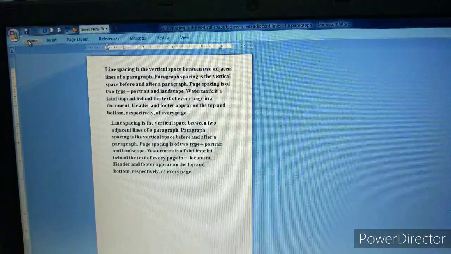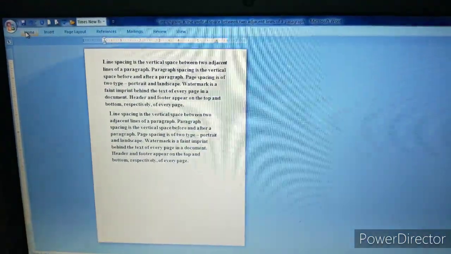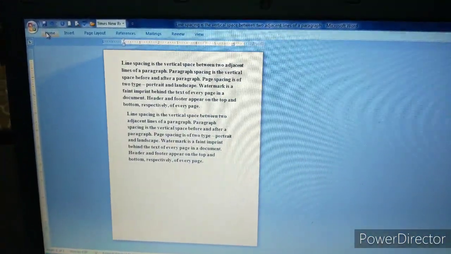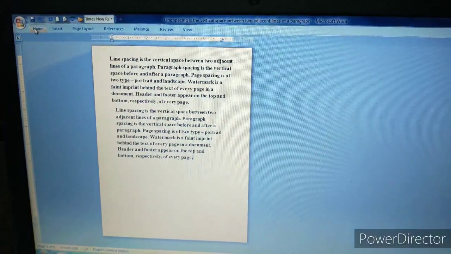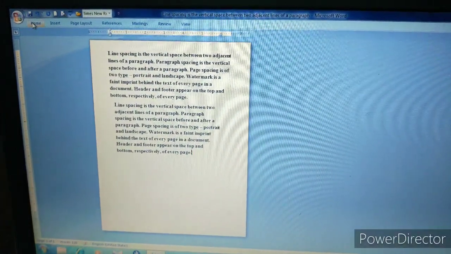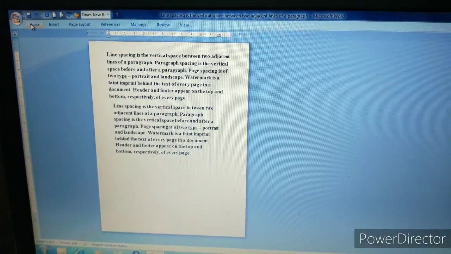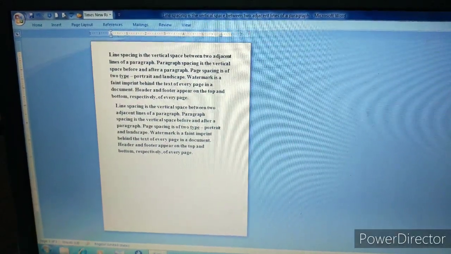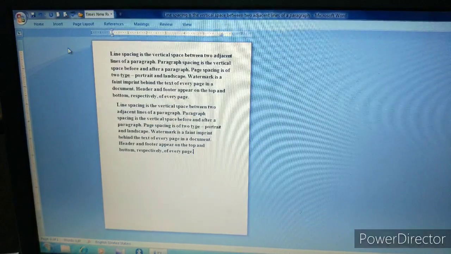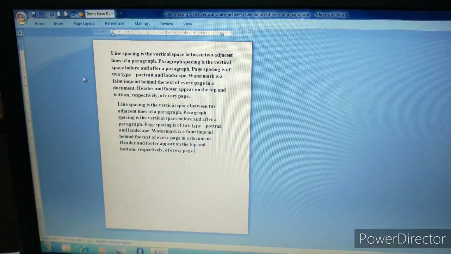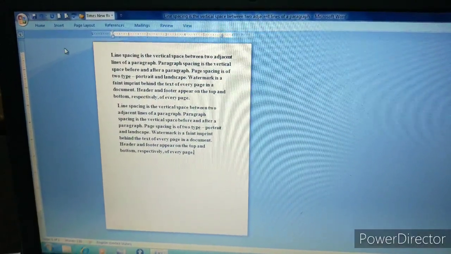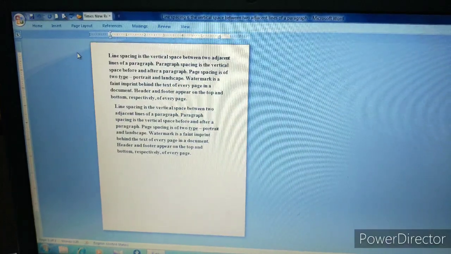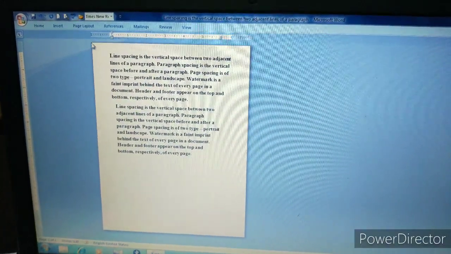Now the next topic is on inserting columns and column breaks. Well students, you have seen in magazines and newspapers that they are different from a normal Word document. So let's know how we can add more columns on the same page. As you can see, this is a single page. To add more columns, you have to click first on Page Layout.